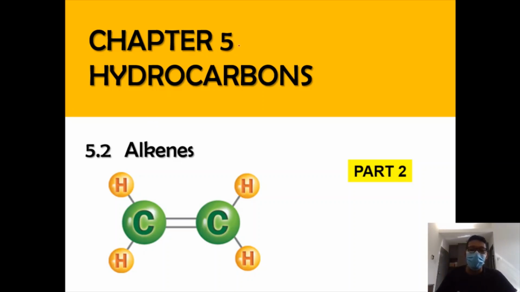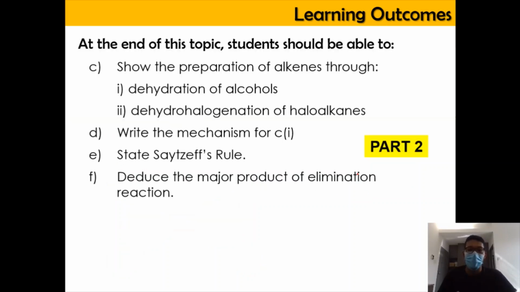So now we are in chapter 5, hydrocarbon, and we're going to focus on the subtopic of 5.2 alkenes, part 2 of the video. So in this video, we're going to show the preparation of alkene through the dehydration of the alcohol. The meaning of dehydration is that we're going to eliminate water from the alcohol compound. Meanwhile, for C2 is the